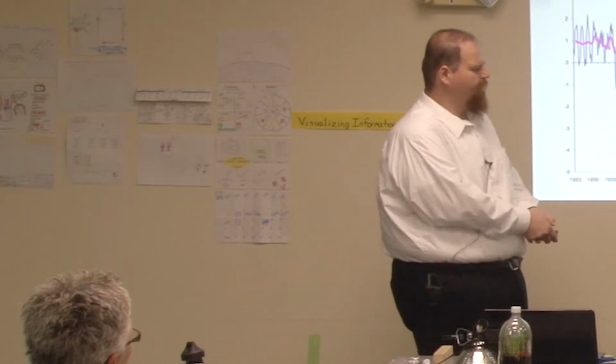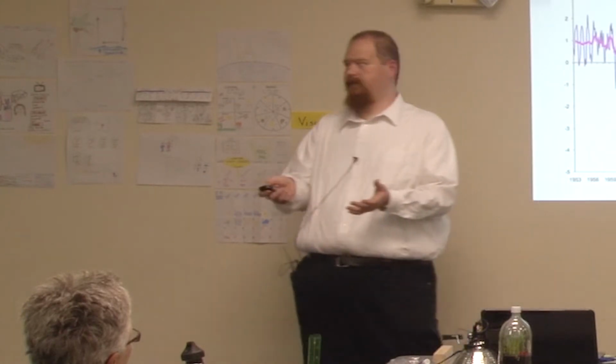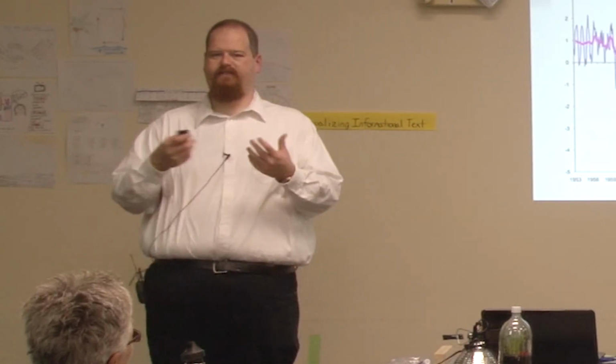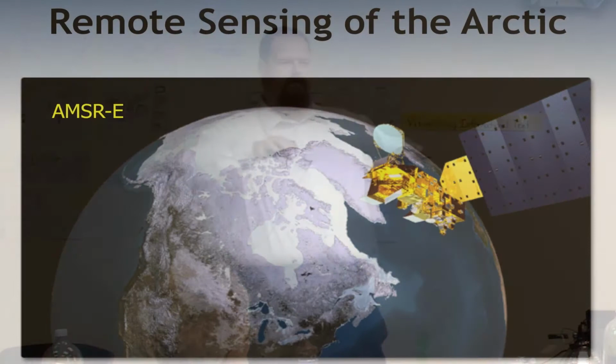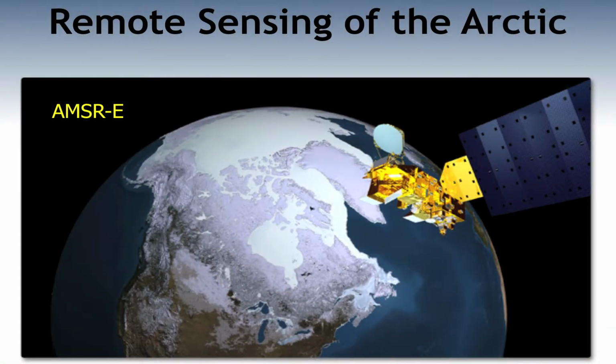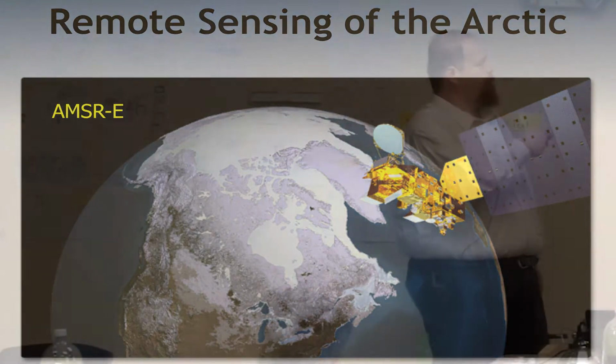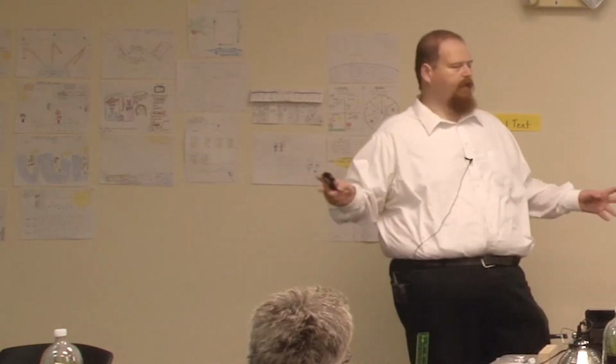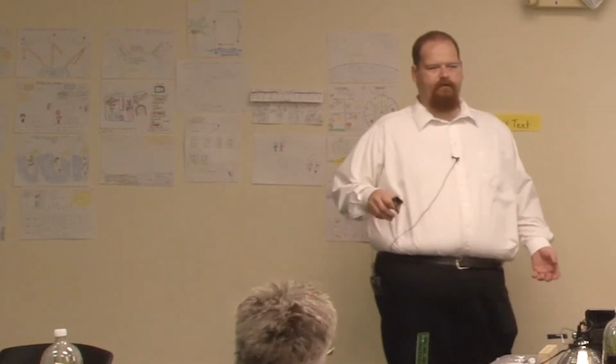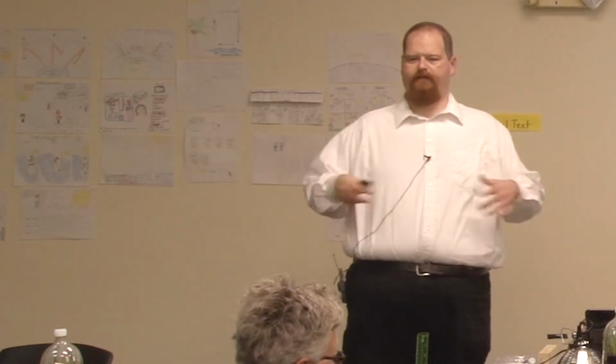Okay, now this is initially all the information that we had, right? Sea ice extent, how expansive is the sea ice? But we actually have a lot more information than that now, because we do remote sensing of the Arctic. This is just one satellite that's up there. It's the AMSR-E instrument on the Aqua satellite, but essentially, it uses microwaves, and not the kind you have in your kitchen flying through space, but just the frequency of the microwaves coming down.